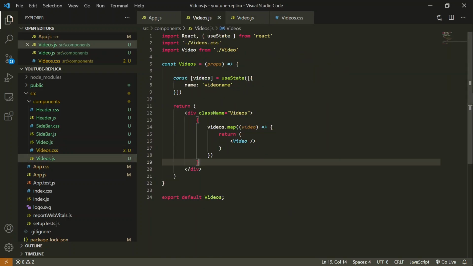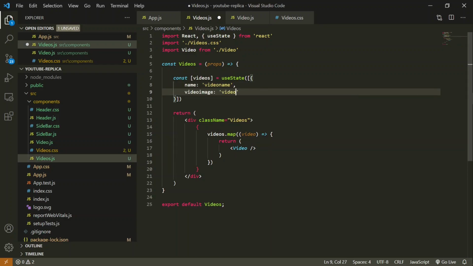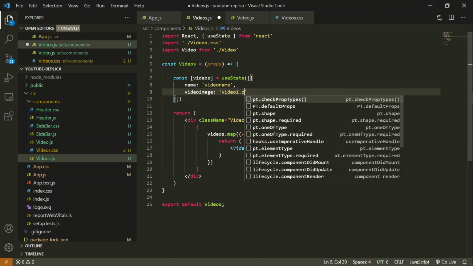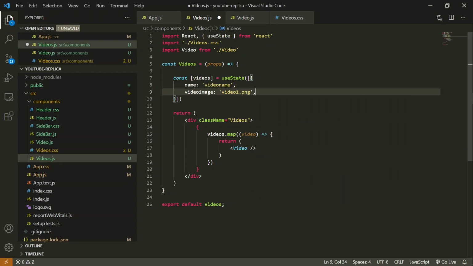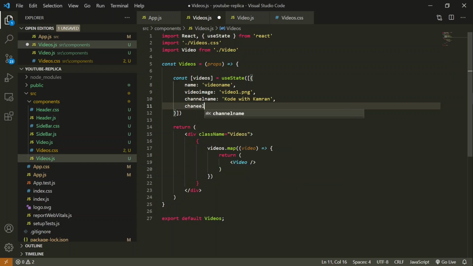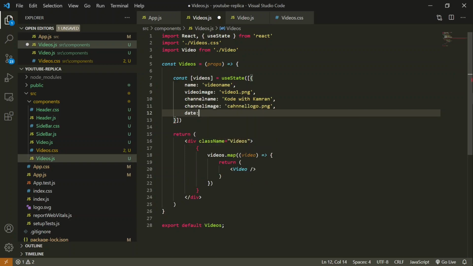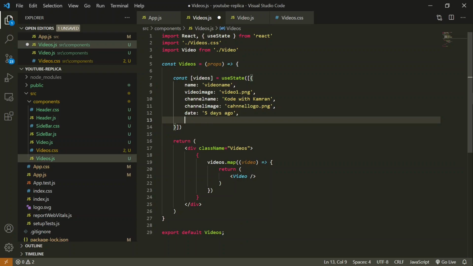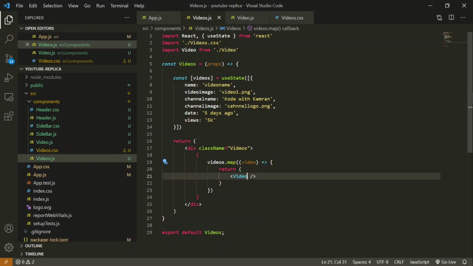So what are the details we'll be needing? We will need name, video image, which will be video1.png, and then channel name, channel image, date, and views.